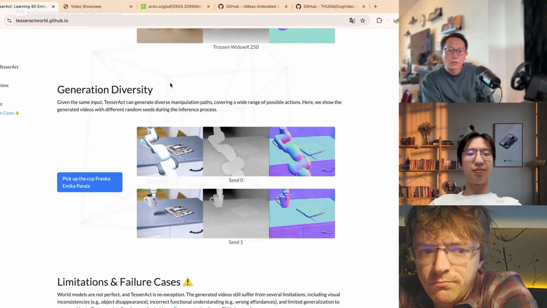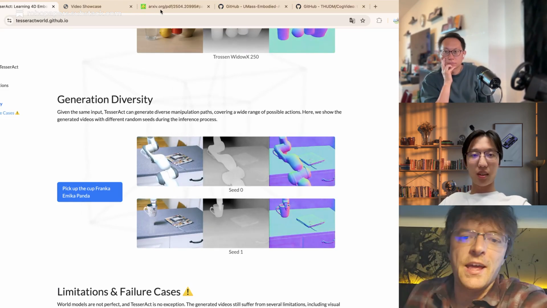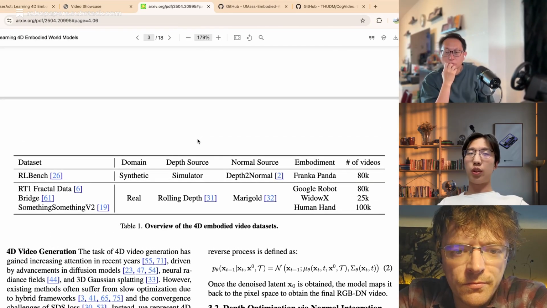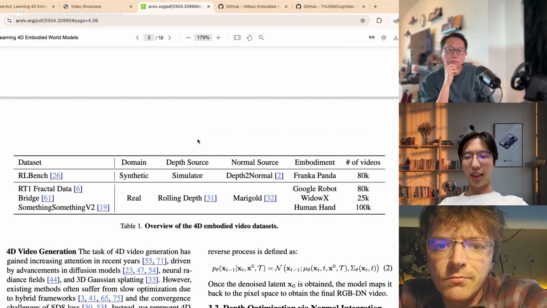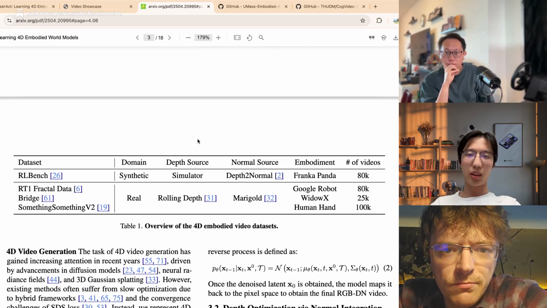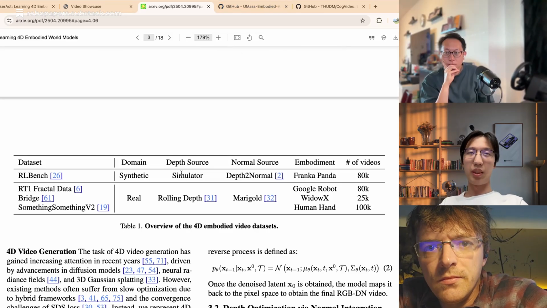How much data do you think you'd need to add a new robot embodiment? For pre-training our model, maybe at least 100,000 videos. But to LoRA fine-tune our TesserAct, maybe 100 videos is enough.